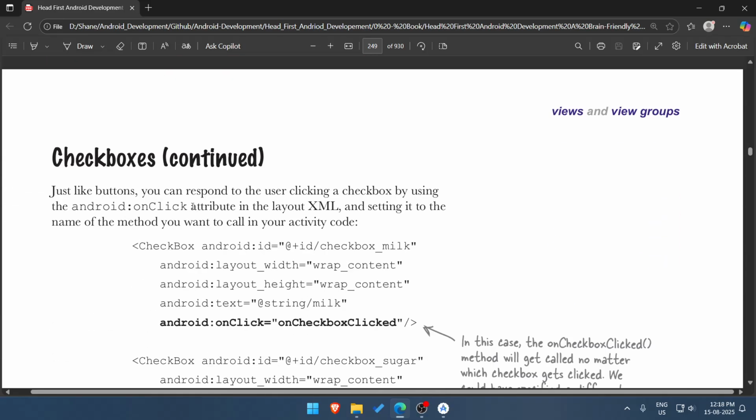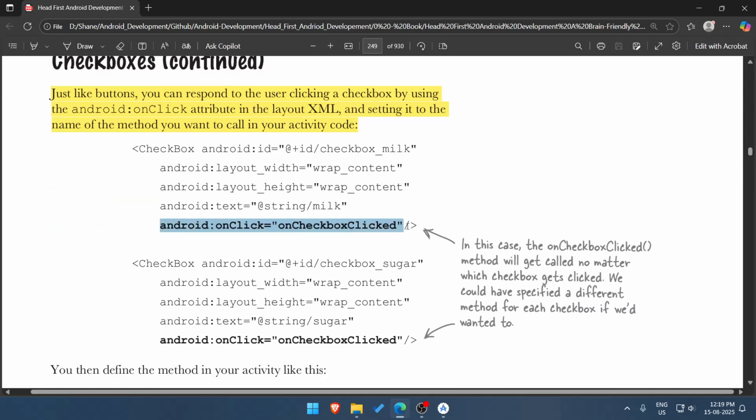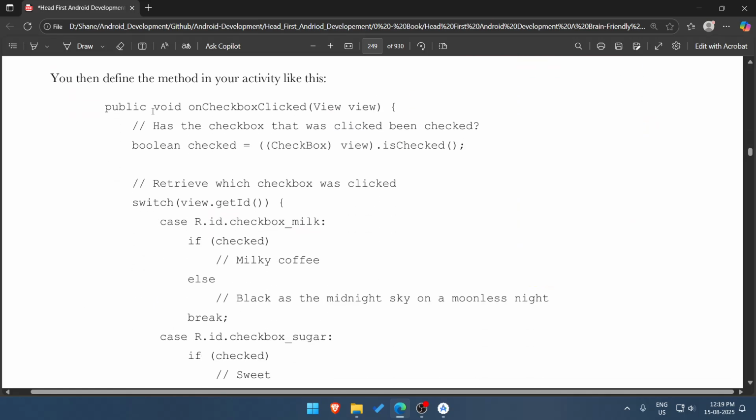Checkboxes, just like buttons, you can respond to the user clicking a checkbox by using the Android onClick attribute in the layout. So Android onClick. In this case, the onCheckboxClicked method gets called no matter which checkbox gets clicked. We could have specified a different method for each checkbox if we had wanted to. You can then define the method in the activity like this: